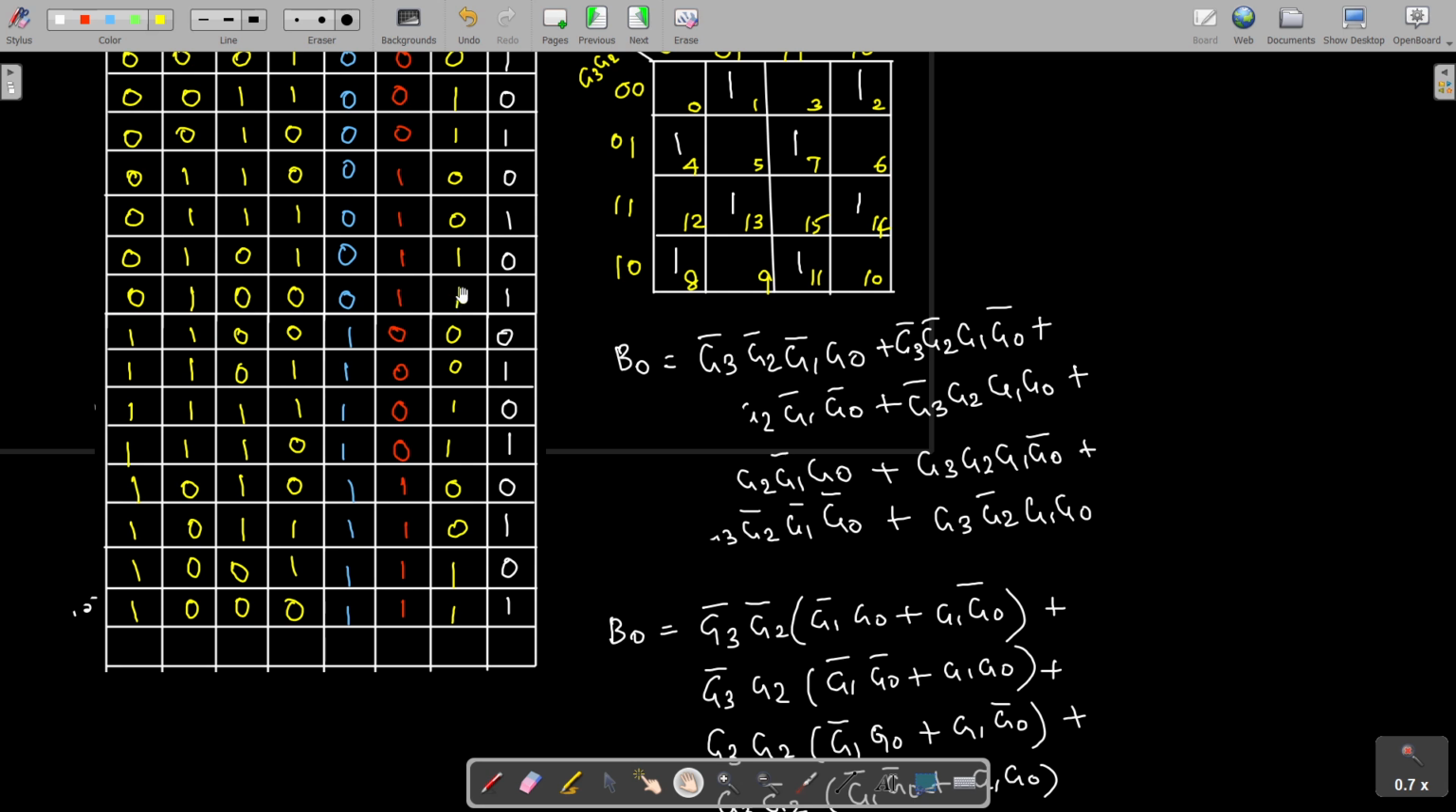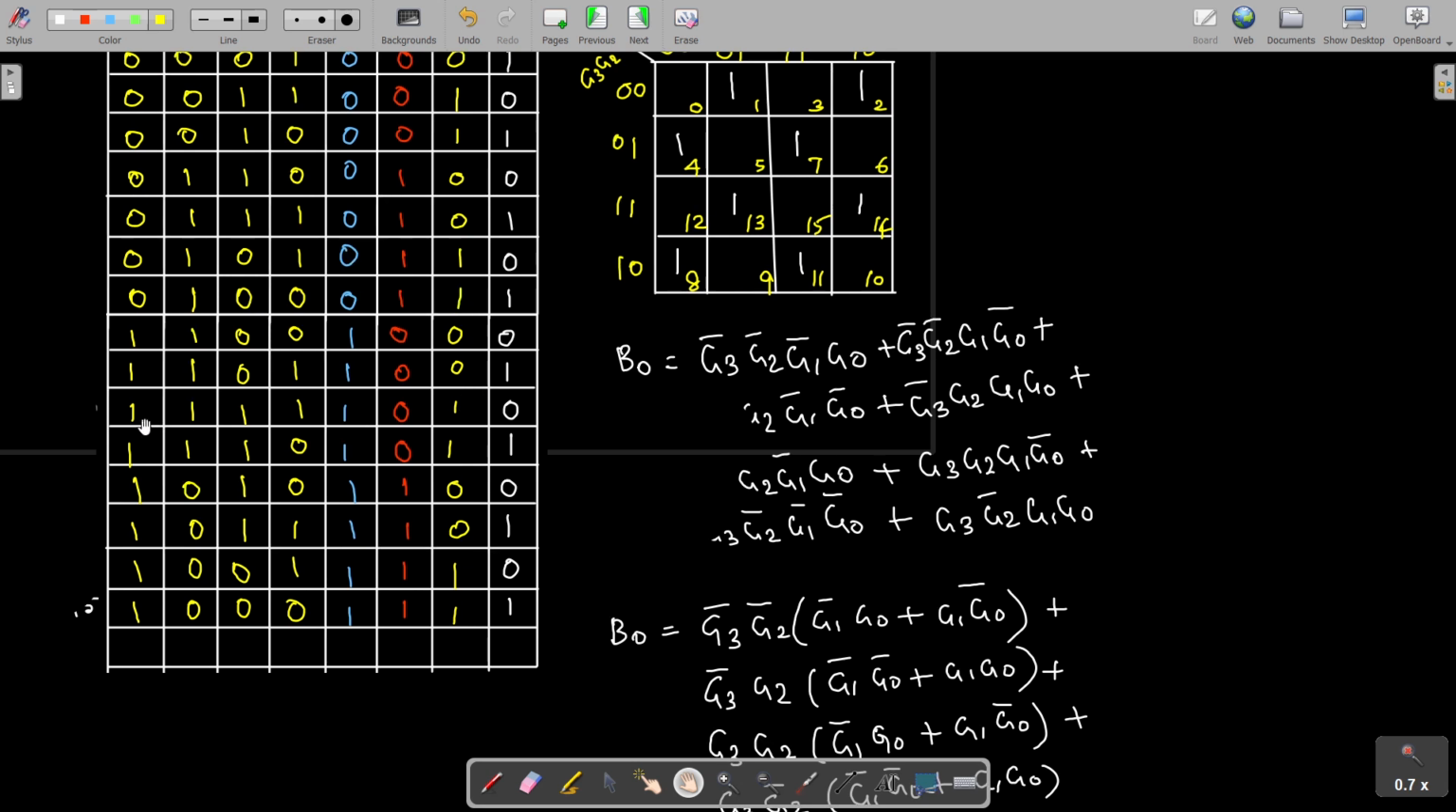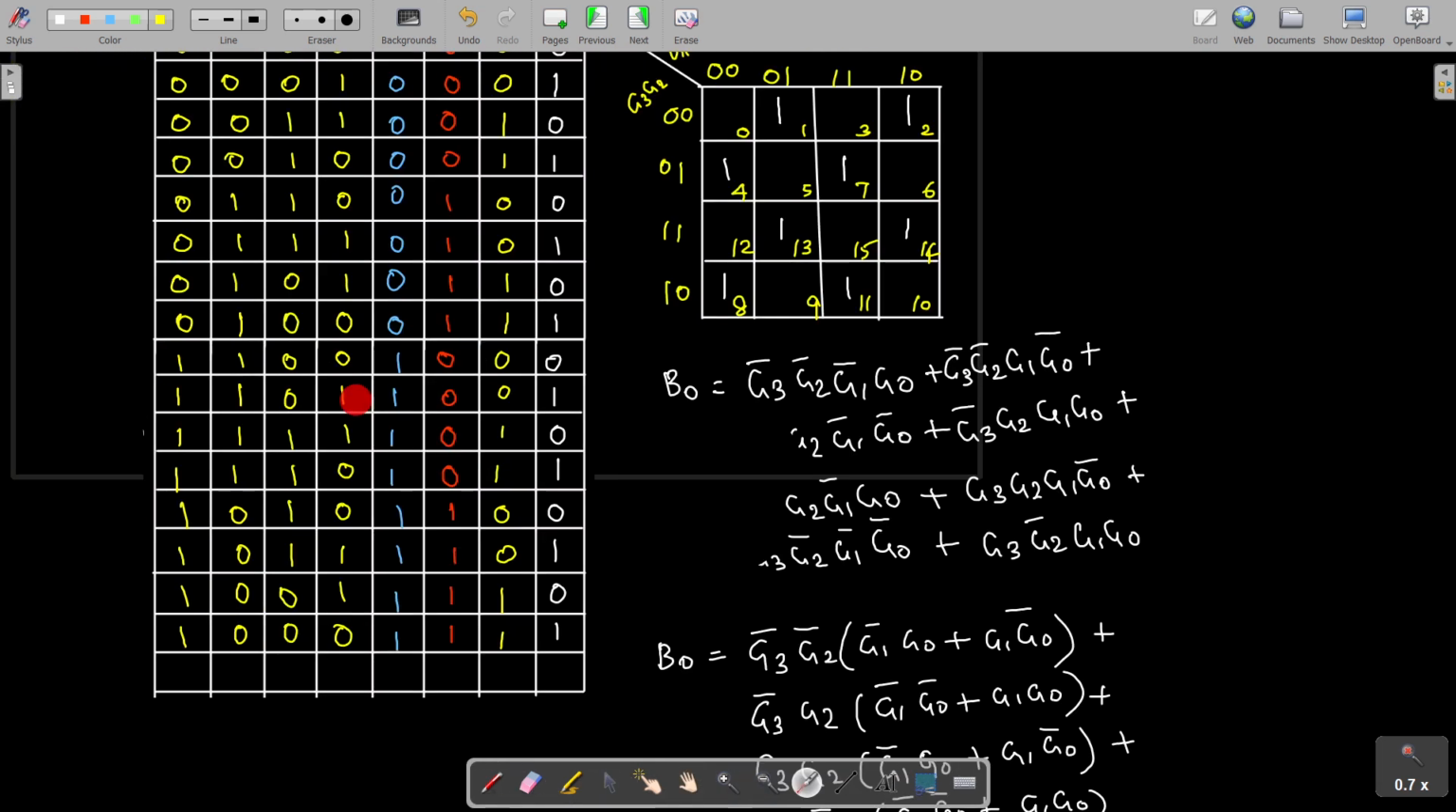Here it is 4, you place a 1. Then for this it is 15, you place a 1. Then it is 14, place a 1. Then here it is 13, and this one for this 14. Then this one for this 1011, that is 11, so place a 1 here. One for this 1000, that means 8, place a 1. So for all this we have placed ones, and they cannot be combined, so we have to write